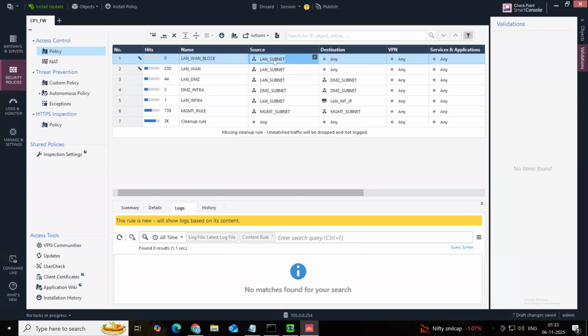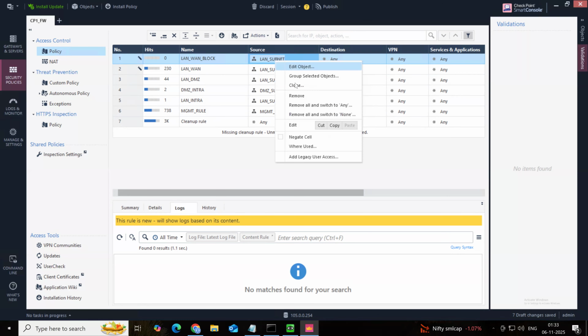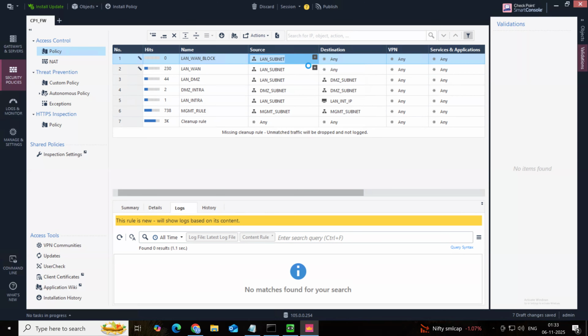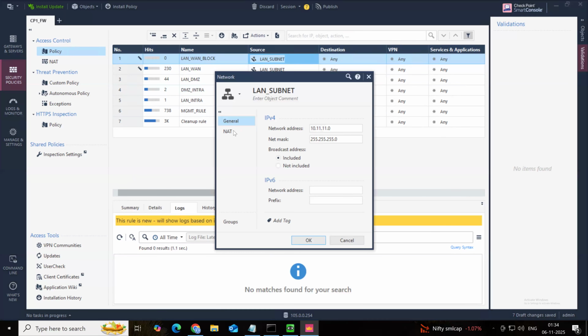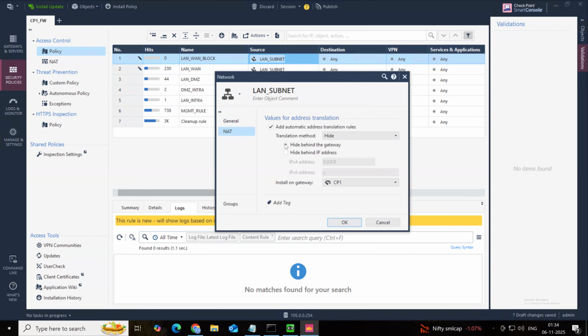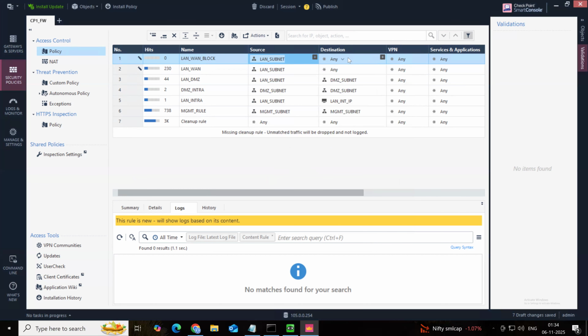Here I have made a copy, it means translation is there. If you go to edit, object, yesterday I applied a translation, right? I copied the same policy, it means NAT is also applied here. NAT is applied, auto NAT, hide NAT behind the gateway is applied. Now destination, let it be any, and here I'll apply